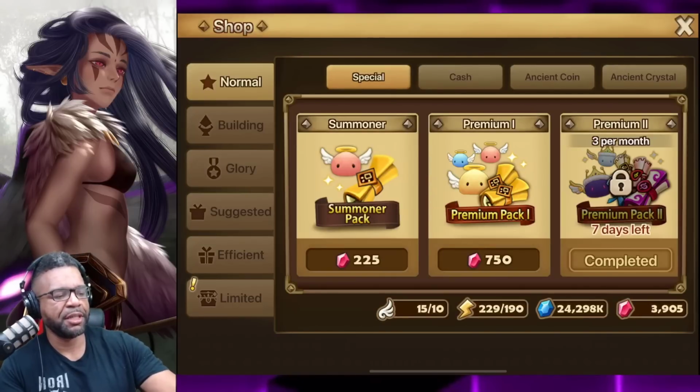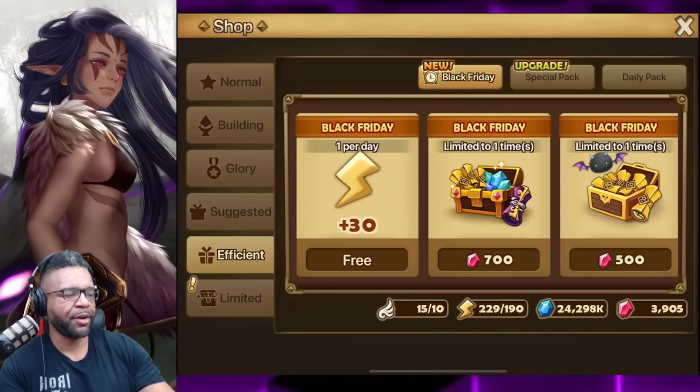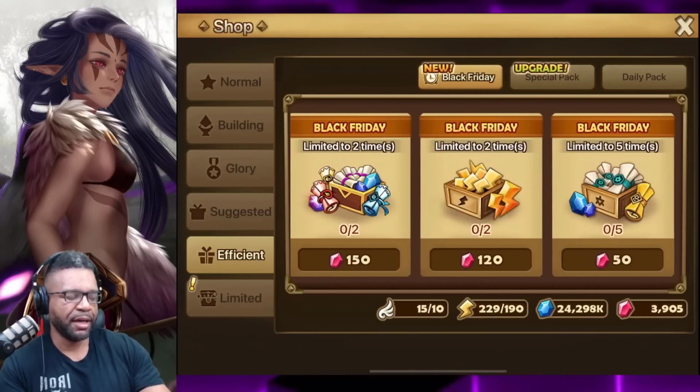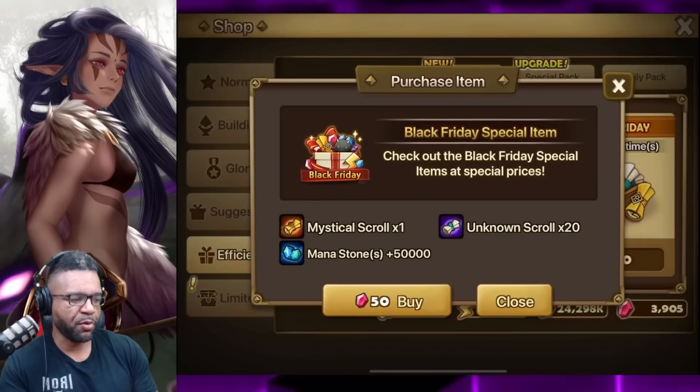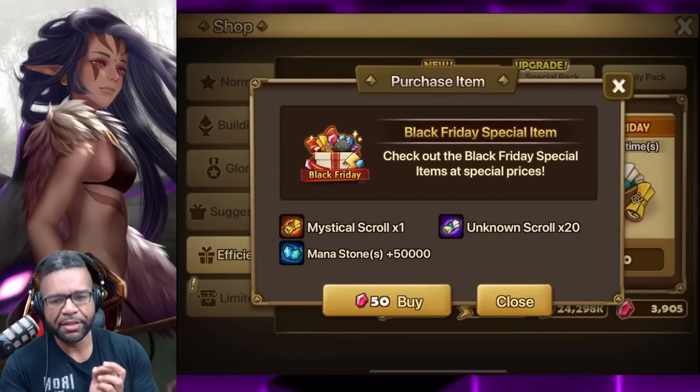If you guys haven't seen it, in the shop section we go to the efficient tab and click on the Black Friday tab. We're going to have a couple of options to take a look at here. I'll start on the far right and work my way over to the left, as these are going to be the cheapest options. Without question, this particular one is of good value. This is one I would get because, as you guys know,